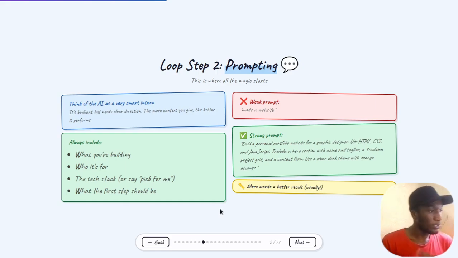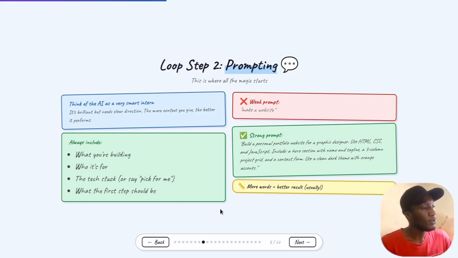Always include what you are building, who it is for, the tech stack, and what the first step should be. It was a must to include all of this. If you don't know what you are building, just go to AI like ChatGPT or Claude. Tell it, I want to build an app, maybe a to-do app, and tell it to give you a prompt.